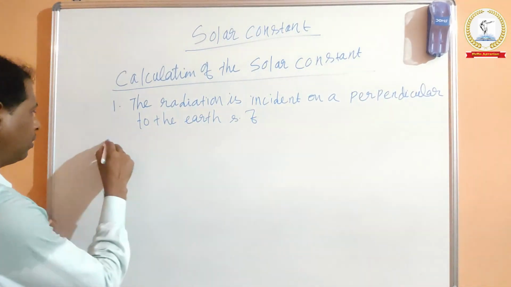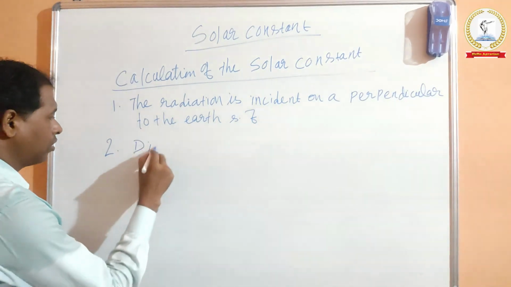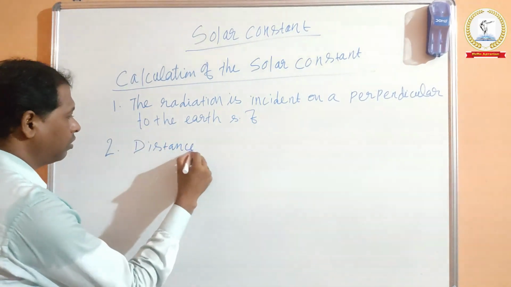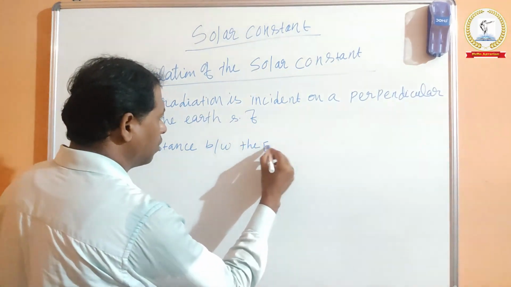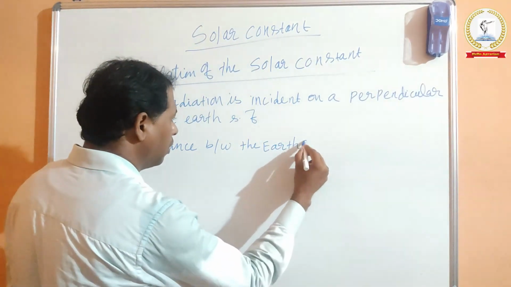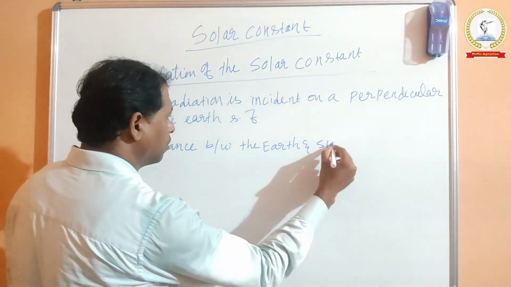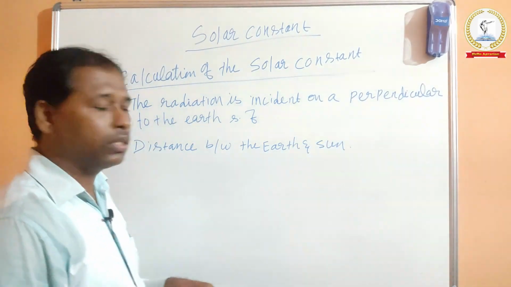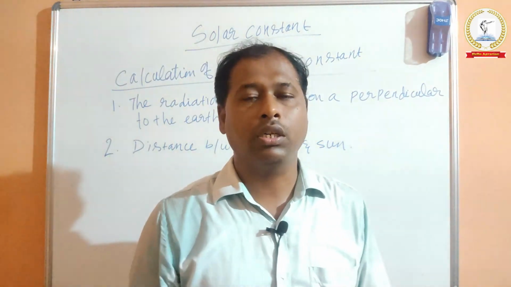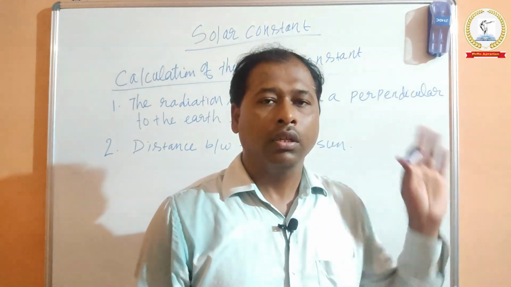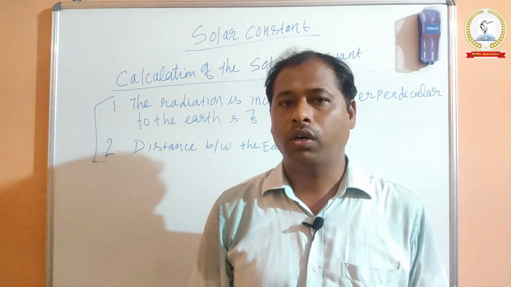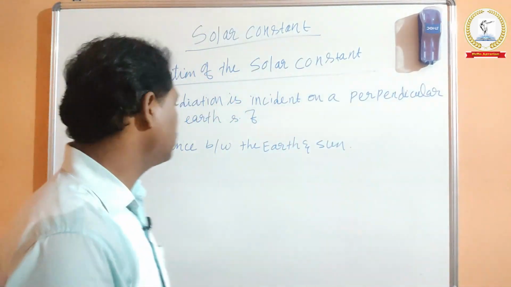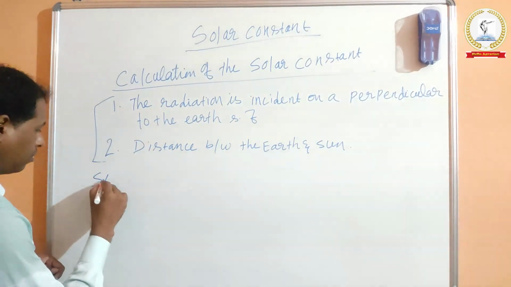Okay, and the second one is the distance between the earth and sun. Okay, so these two pieces of information are required to calculate the solar constant. Okay, there are 4 steps involved to calculate this solar constant. The step 1 is